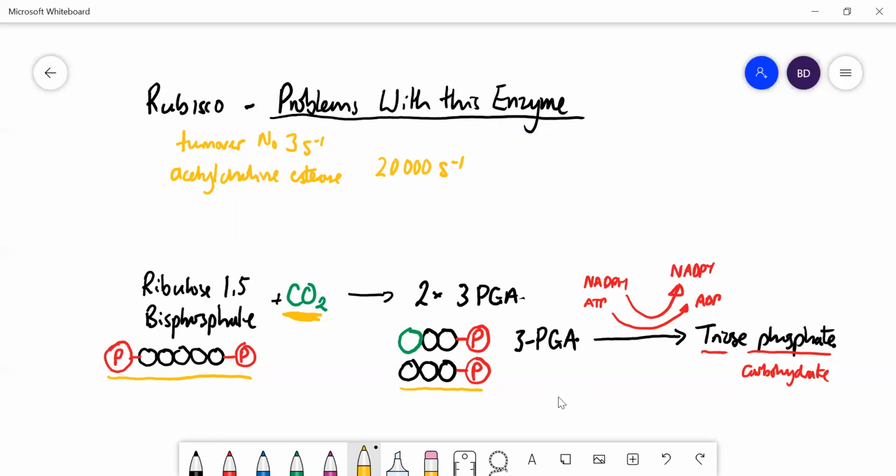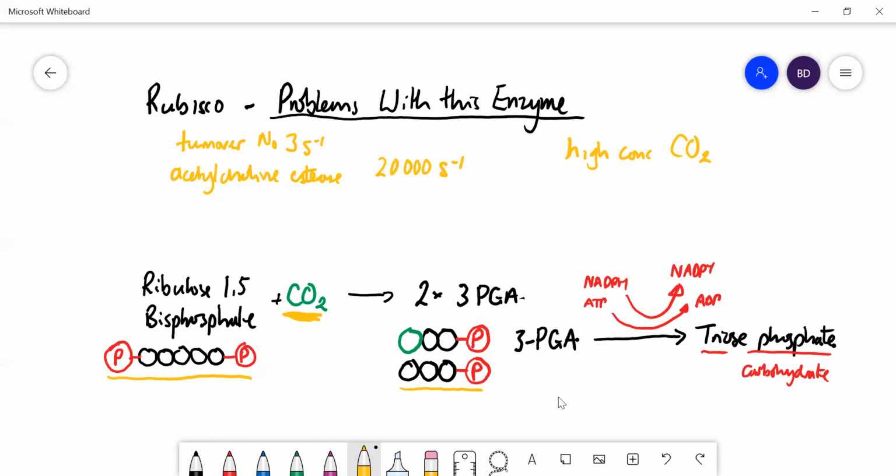Why isn't it efficient? Well, it's to do with evolution. Rubisco obviously evolved early in the Earth's history, before animals were around. At that point you had very high concentrations of CO2, much higher than the current levels, 0.03% or whatever it is. So that means it didn't need to be too efficient, because the CO2 levels were much higher. And now they're not. They're pretty low. Also,